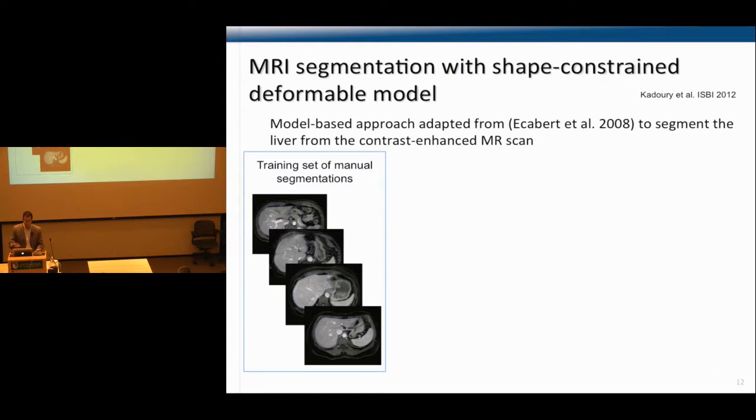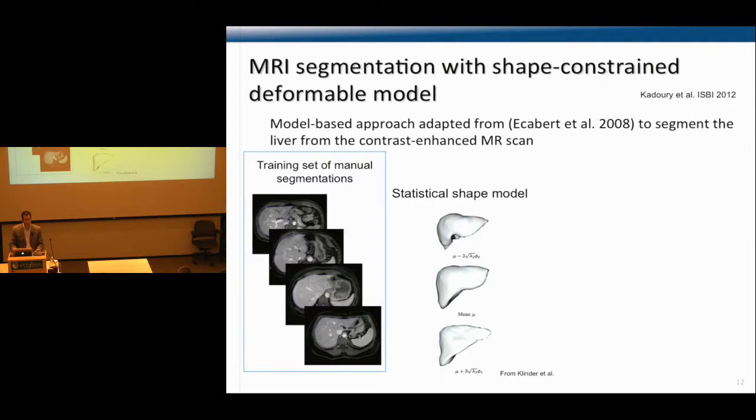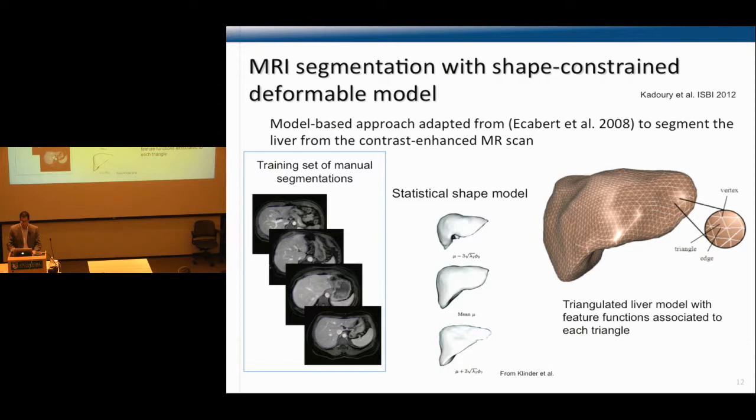So we had manual segmentations where we would delimitate the boundaries of the liver and then create a statistical shape model. So here we incorporated statistical knowledge of the appearance of the liver for segmentation purposes. So we built the standard SSM model with the principal components that actually show the principal modes of variation of appearance in the liver. So this helps us to generate a triangulated mesh model,